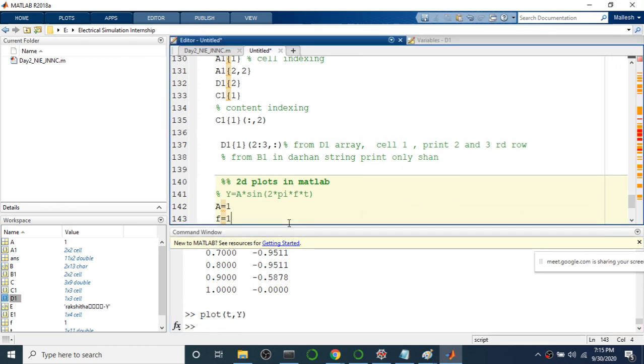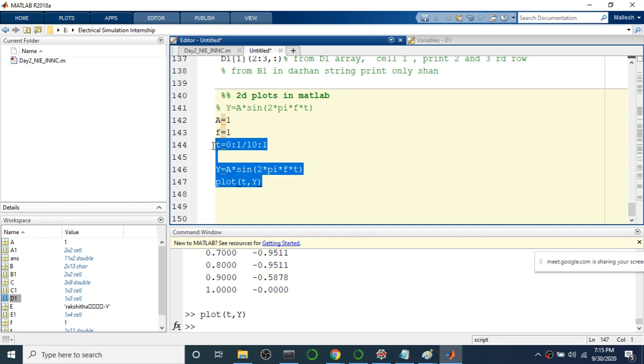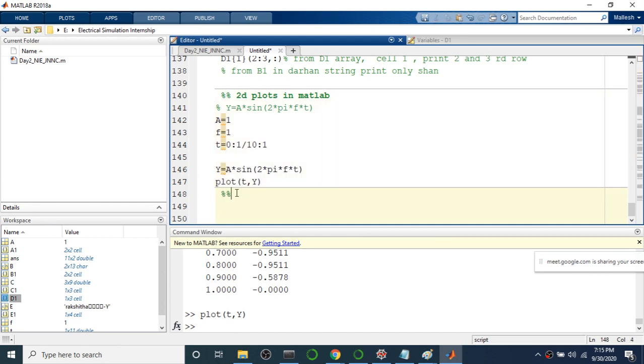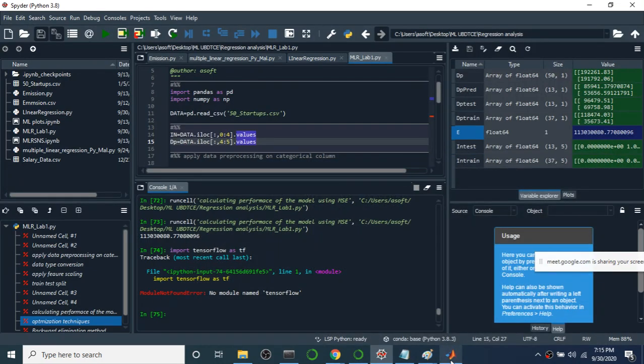How to increase the number of samples? Let's try with an increase in the number of samples. Let me take the same example and increase the number of samples now. Instead of 10, I'll make it 30 samples, so that you will see what sort of output you are going to get. Let me create a figure. The figure command will create an empty window so that your previous figure will not be erased.